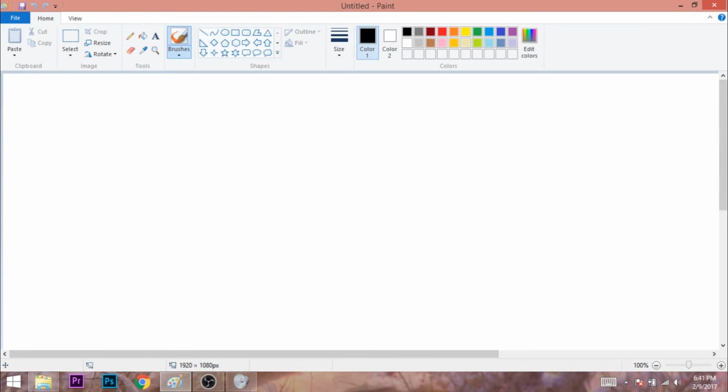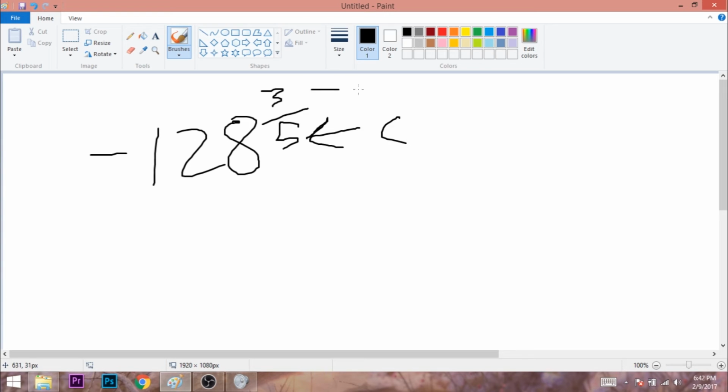Finally, I'm going to talk about converting a radical exponent into a radical expression. Let's just take, for instance, negative 128 to the, let's say, 3/5 power. So using the property that we already know, this is your C, remember that. This is your B. So this is going to be equal to